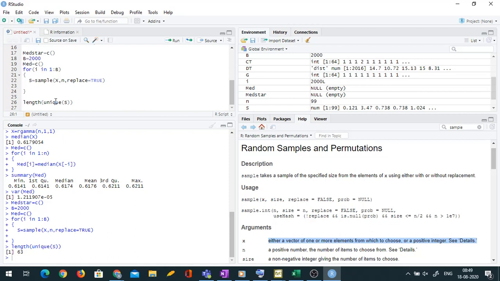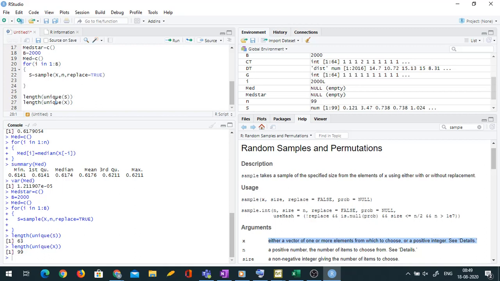Let us confirm if x had all 99 as unique. See, x had all 99 as unique because it's coming from an infinite population, so having ties is very unlikely. Whereas while drawing the bootstrap samples, x becomes my population, so I have a finite population. As a result, ties and repetitions would be there. Is it okay?